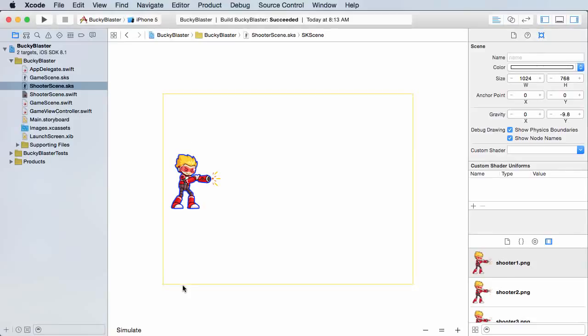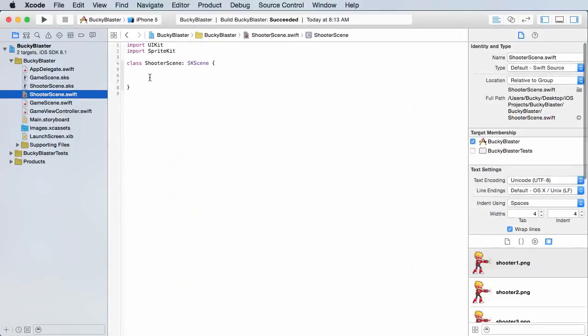Start animating this guy, because right now he's pretty much just a still image. I want to actually build the animation so it looks like he's actually being affected by the firing of the gun. So anyways, let's hop over to ShooterScene.swift, where it's pretty much the brains behind that level, and